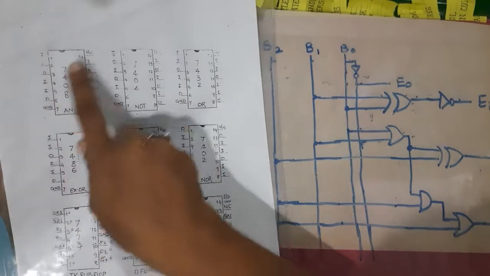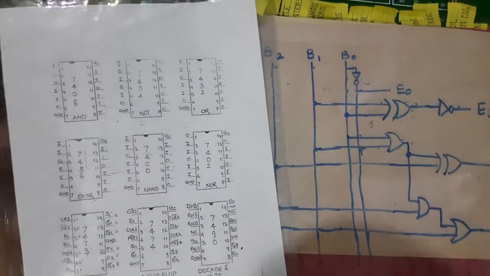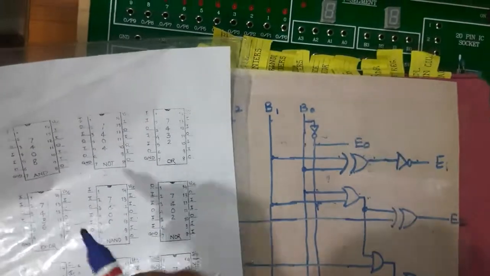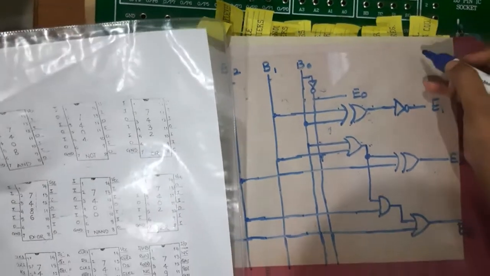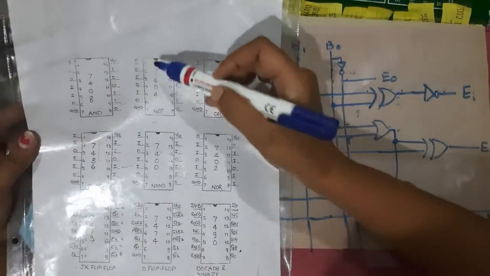So first of all I have to identify which of the input output combinations of the IC I'll be using, and for that I have to mark the pin numbers over here, and it will be helpful for connections. Now I know that 7404 is a NOT gate, so I have to note it down somewhere that I will be using 7404, and among these 6 combinations I'll need only 2, right?